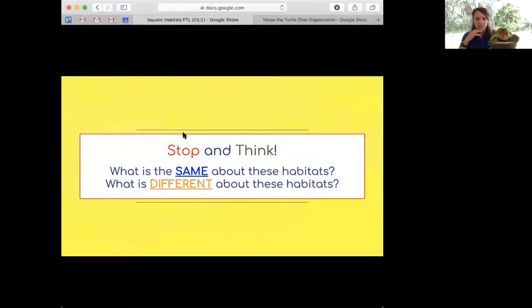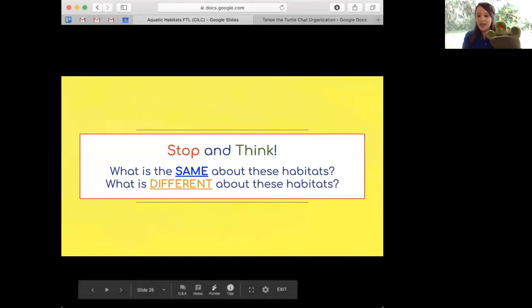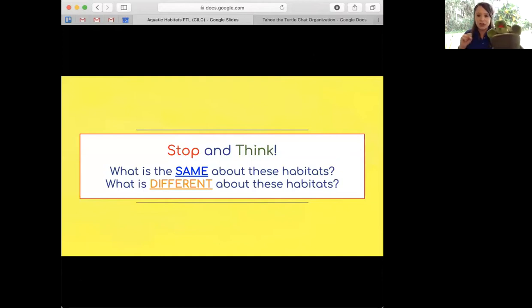Stop and think. Here's your next question, explorers. What is the same about these two habitats and what's different? So we want to know, what is the same about Los Angeles and this specific habitat for Tahoe and in Portland, Oregon? And then what is different about these things? Teacher Travis and Teacher Seth have been showing you and telling you a lot here. So go ahead and answer in the chat window. It's up on the screen if you need to look at it for a second, and we'll get your responses going. Nice, here they come. I love it. Okay, and remember, be specific about which place has what, so I know.